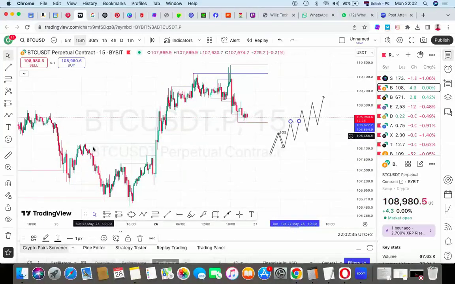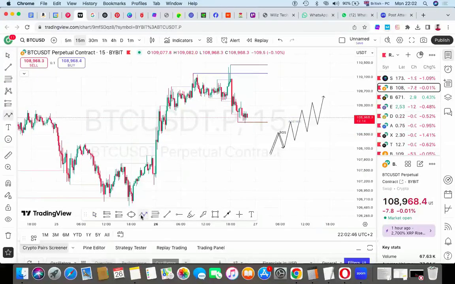There are also clear structures here, and we also have internal structures here. So if I pick my path right here, and I draw from here,